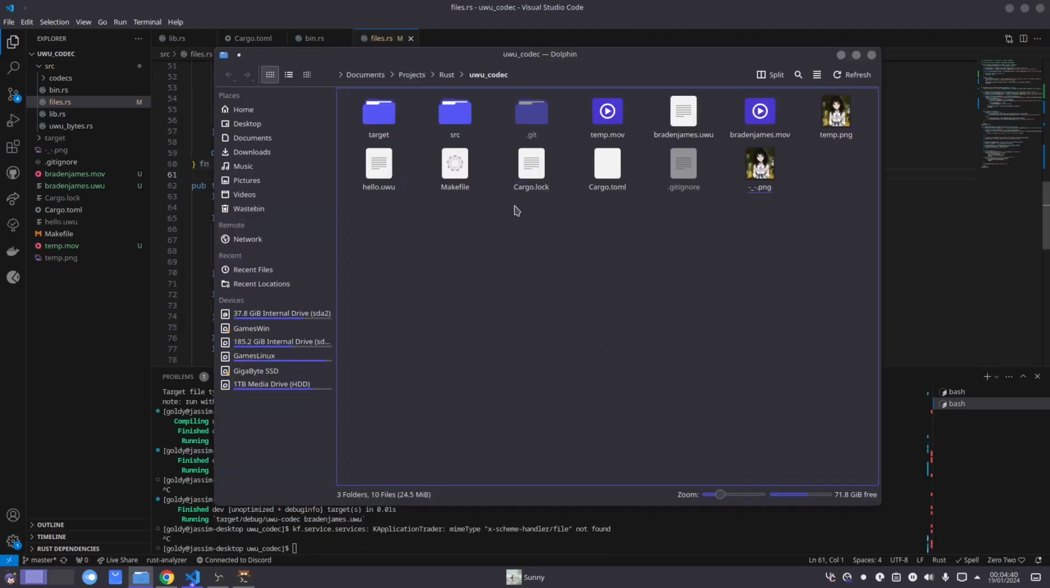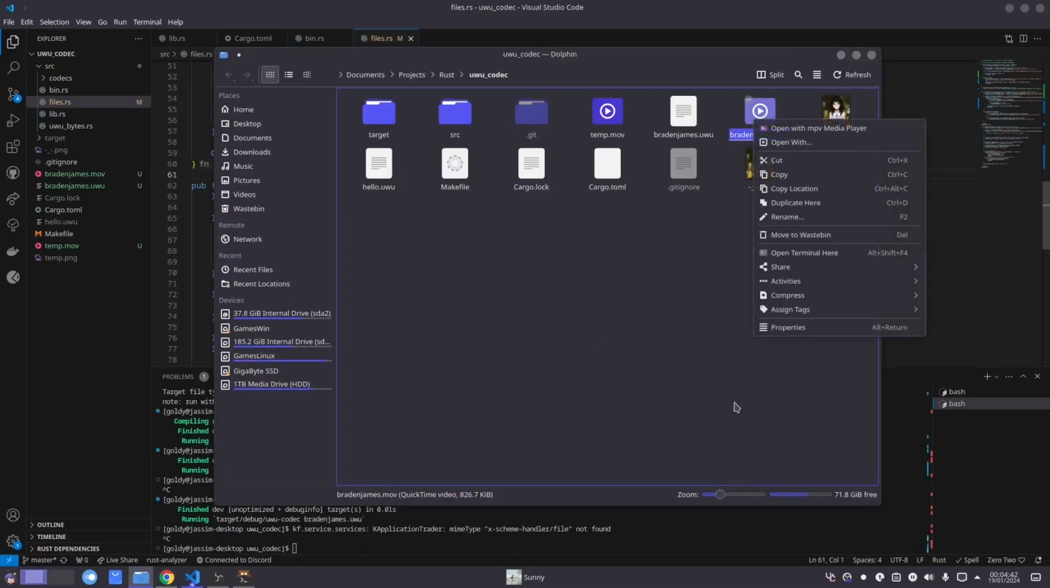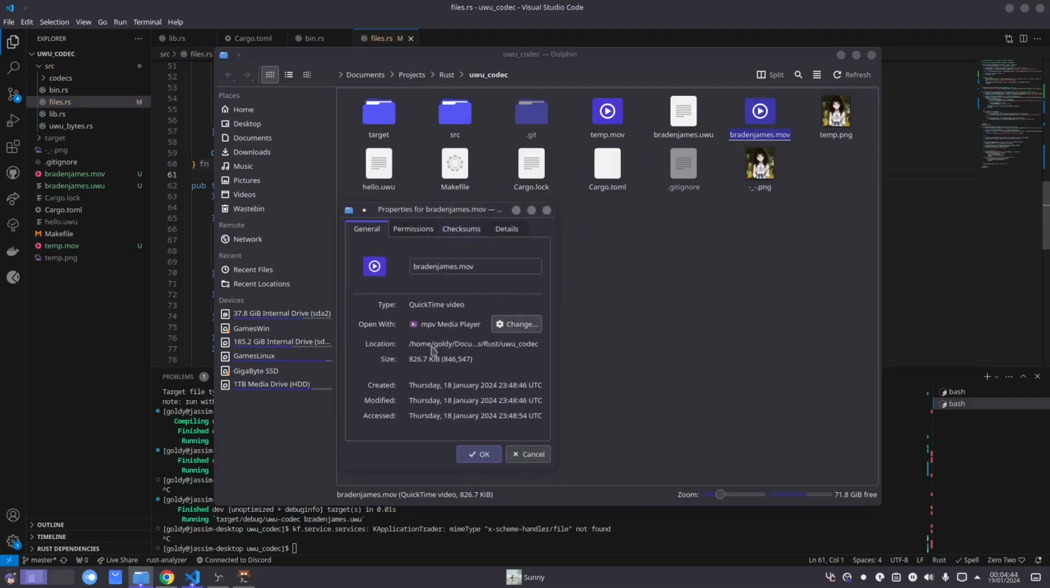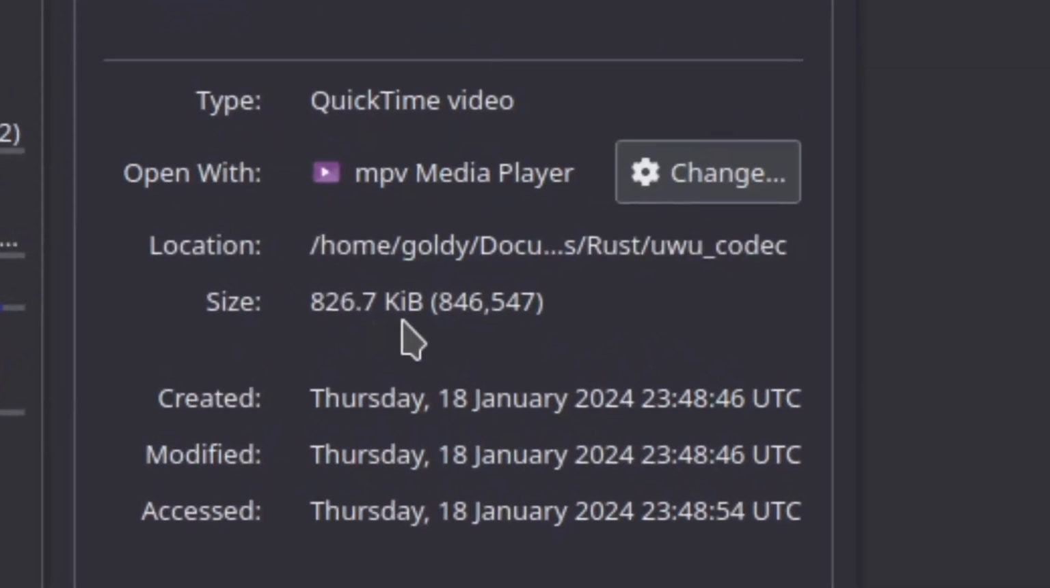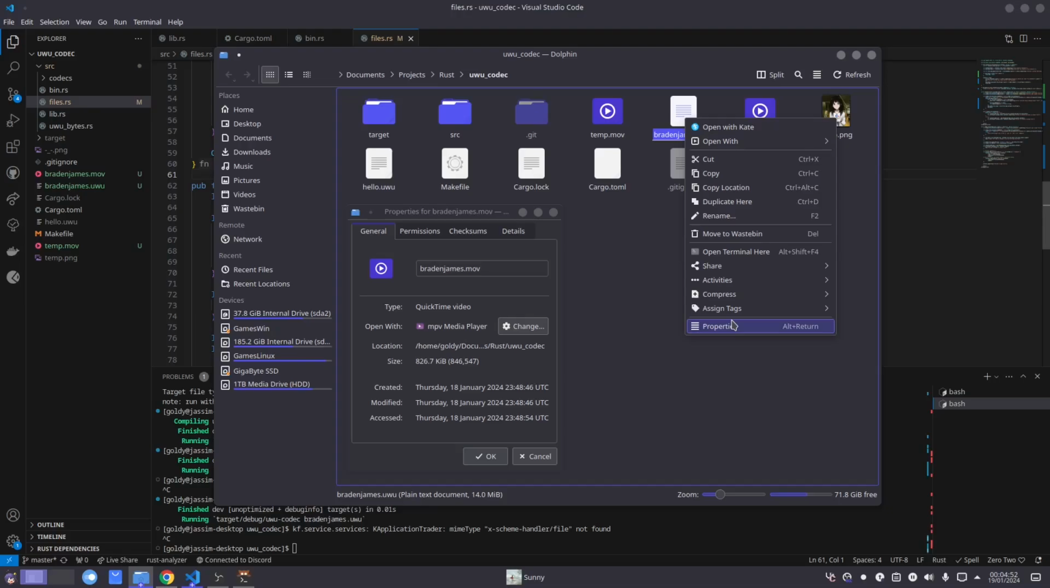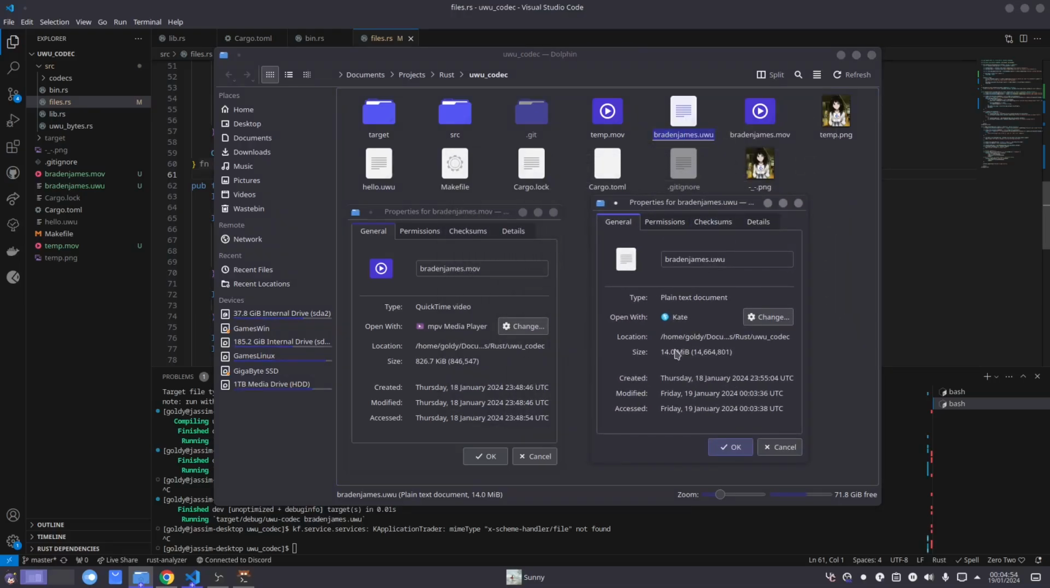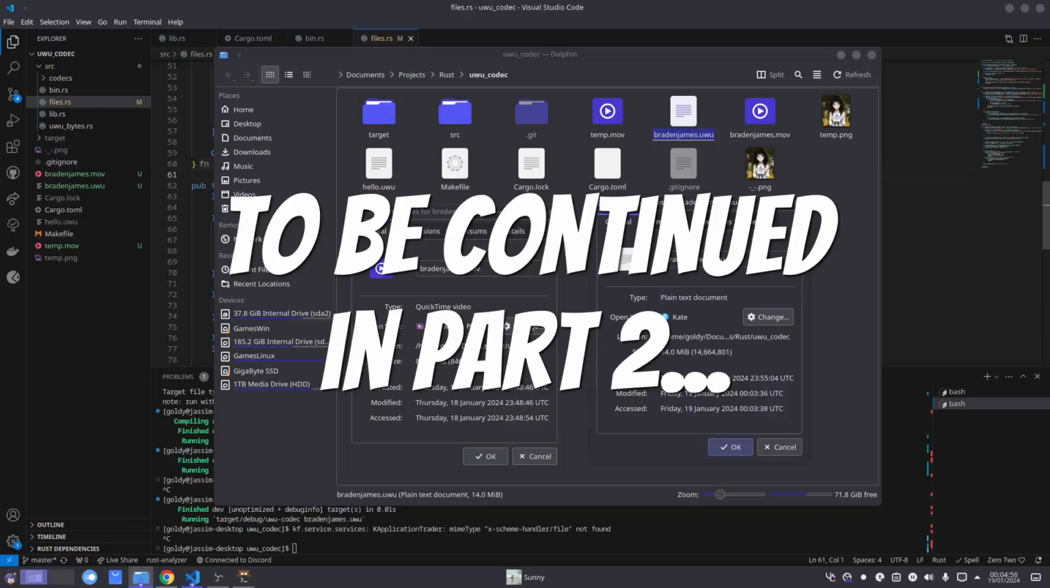We can also check out the file size for this. So this is the MOV here, which is around 826 kilobits, kb. Oh, extension is 40 megabytes. Yeah,